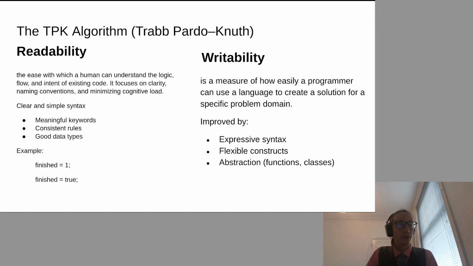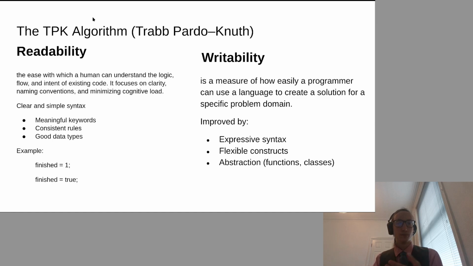So that would be good readability. Writability is how easy a person can start creating a solution for a specific problem or a specific task, and how easy it can be that they can finish it. So expressive syntax is quite an important one. Syntax which is easy to learn and memorize and just write without having to refer back to documentation. Abstraction, so you can use functions and classes quite easily off the bat without having to use weird branch statements to jump around. And fairly flexible rules, which is again rather one of the reasons why Python has taken off